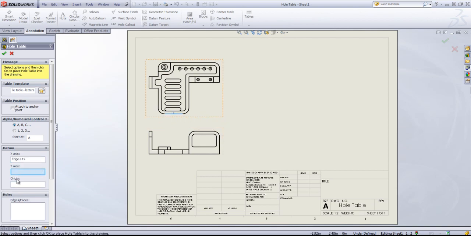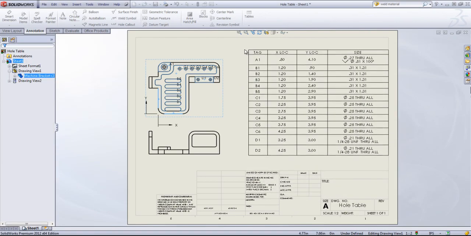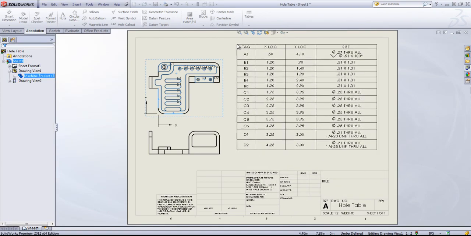I'll go ahead and select this bottom line as the x-axis and this side as the y-axis. And then I can select out faces to reference for creating the hole table. And then when I click OK,